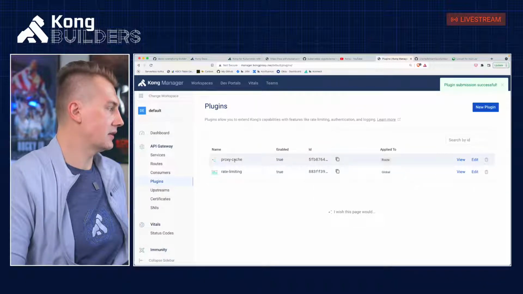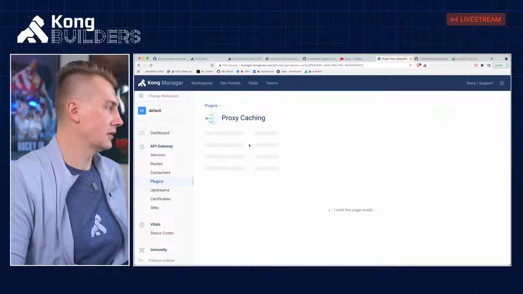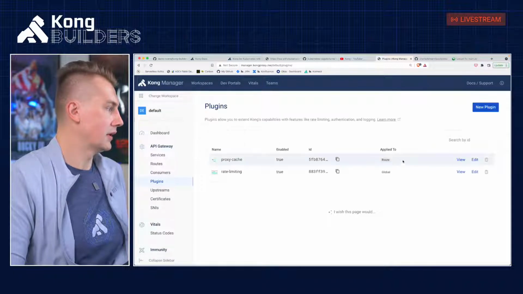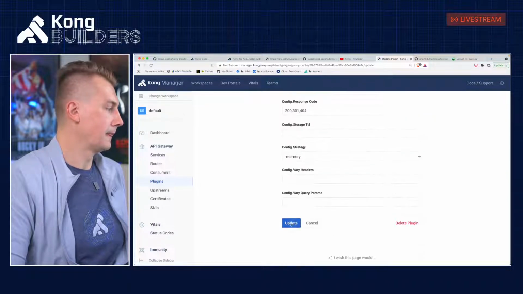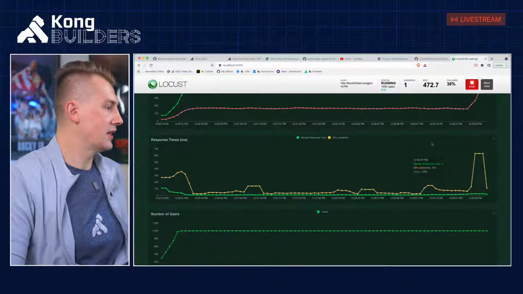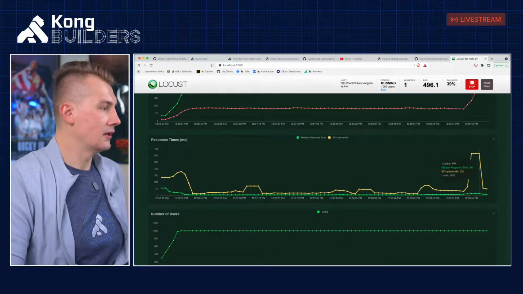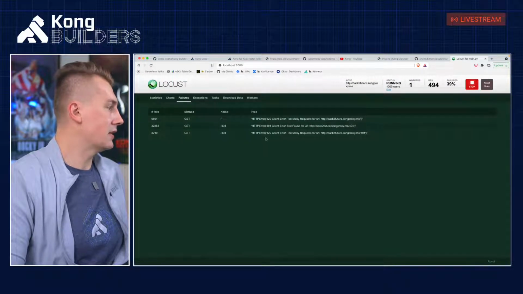So we created this. Now we disable the proxy. Let me go ahead and edit. I disable this, and I click update. So what we will see now is that we start getting a response rate, and we will see different types of errors now.